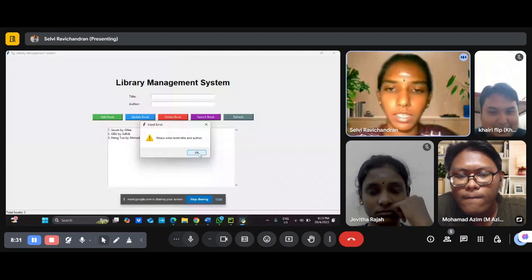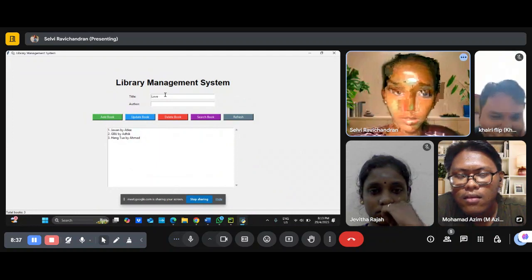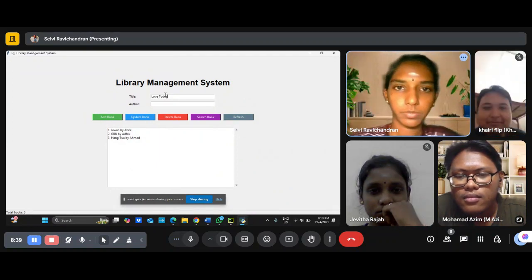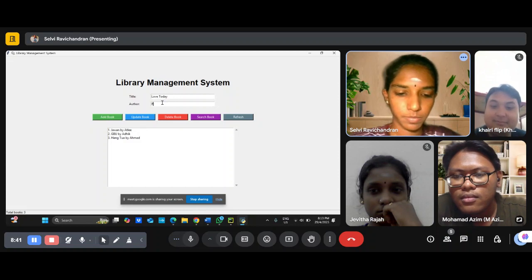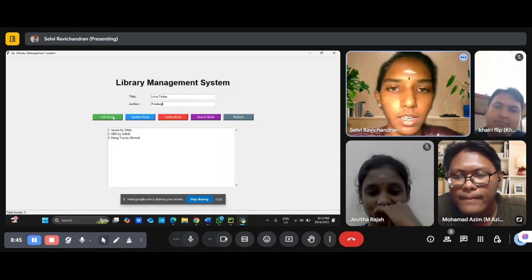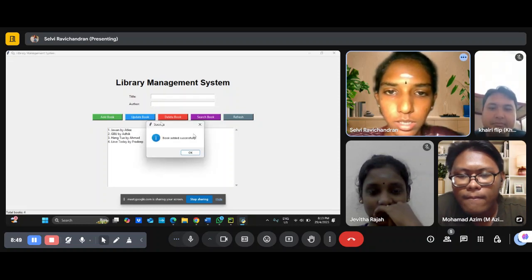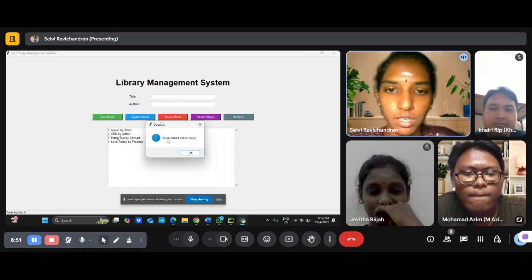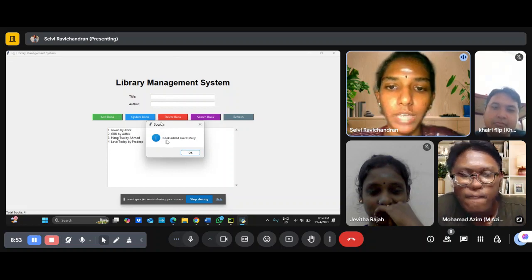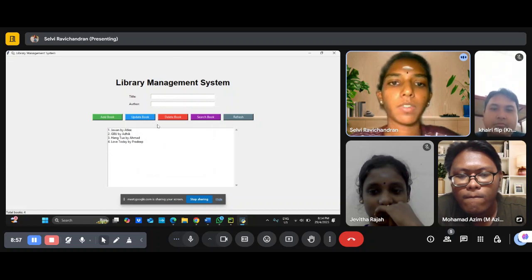We can click OK. Then we can insert whatever we want. Once we click add book, it shows a success message: book added successfully. We can click OK.